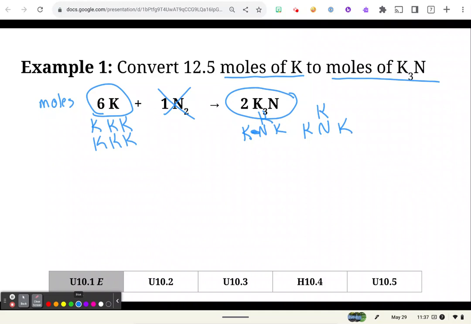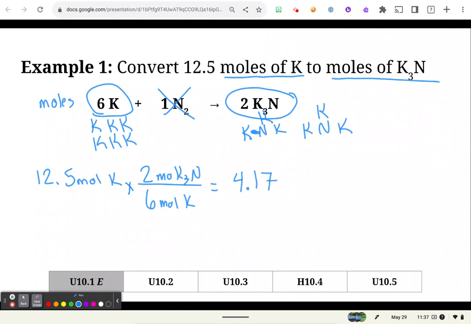So what I'm going to do is then start with the number I have, 12.5 moles of K. All right, again, using dimensional analysis, I am going to use my ratio. Because again, what I'm trying to do is get from K over to K3N. Since I'm already in moles of K, I can now use this relationship. I know that for every 6 moles of K, 2 moles of K3N are going to be produced. All right, and that's all I have to do with that one because that's a mole to mole problem. So I just enter that in my calculator. 12.5 times 2 divided by 6 equals